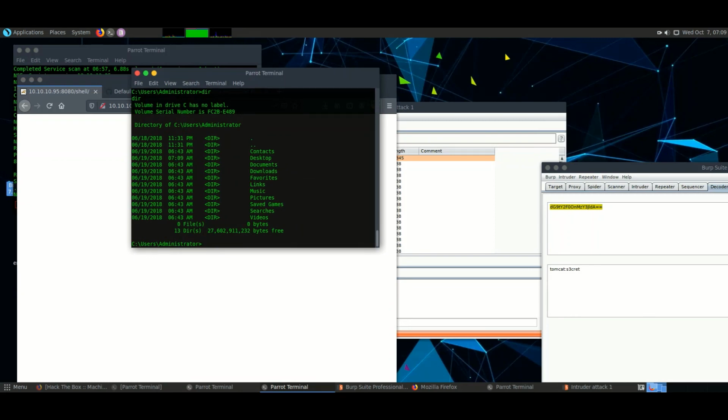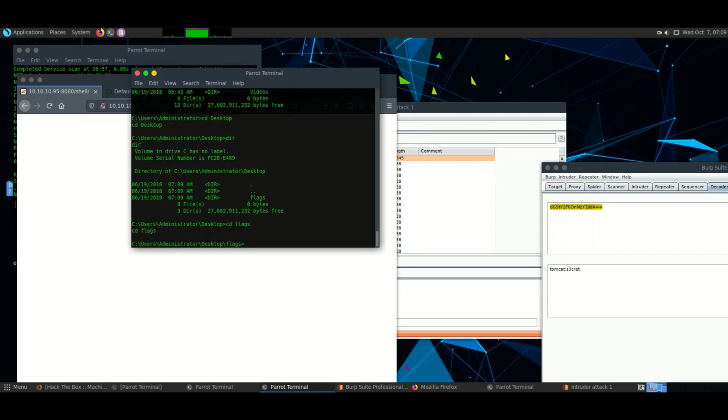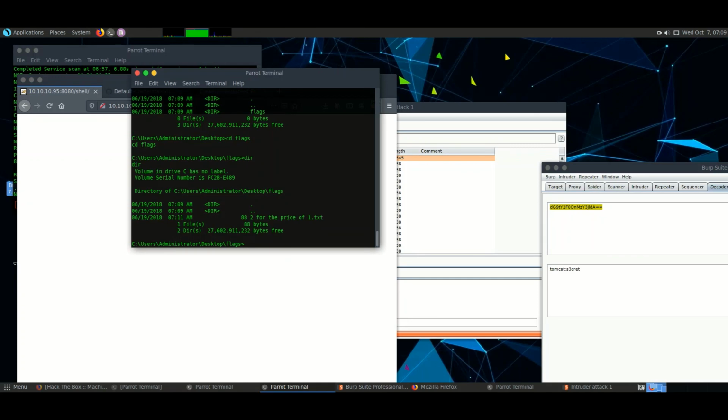Most of the time we find flags on the desktop only. Flags directory here. Okay, we found two for the price of one. So root and user flag both are here. So yeah, you can go and open that and you will find the flag. Thanks a lot.